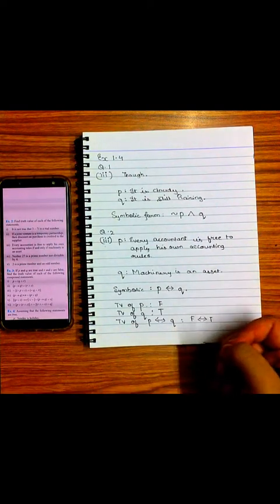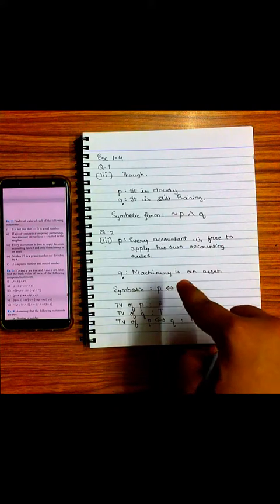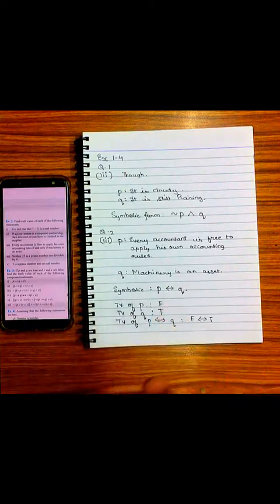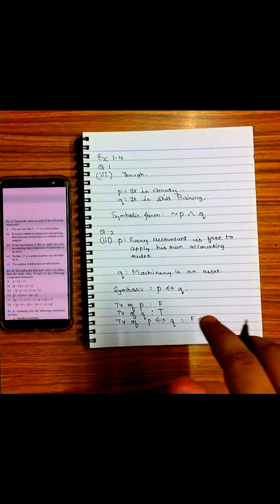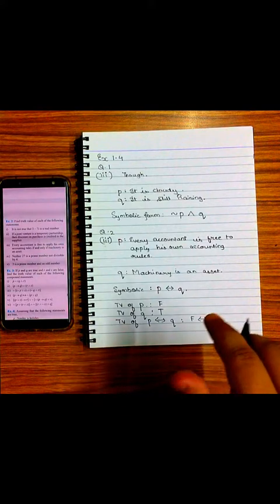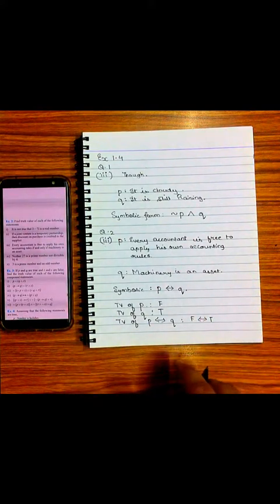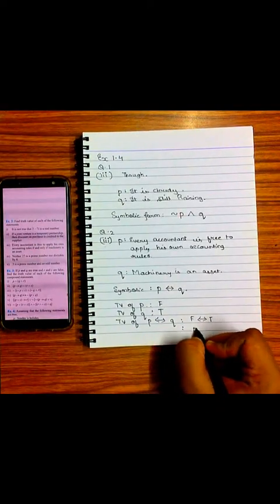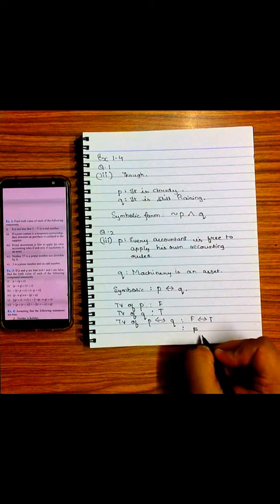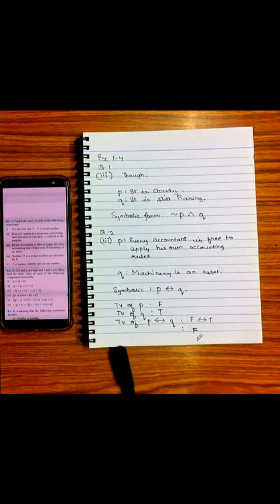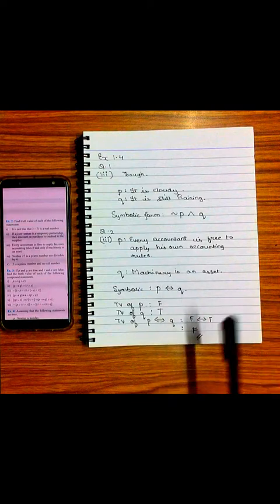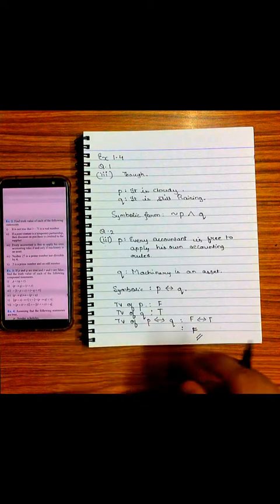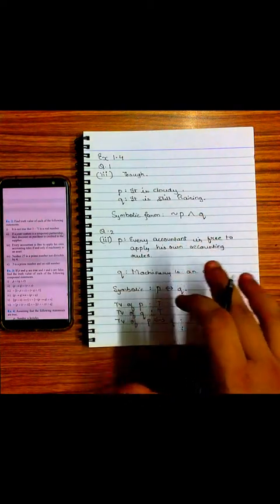So now recollect, in this if and only if truth table, the values of the compound statement are true only when either both of the simple sentences are true or both the simple sentences are false. But here it is F double implies T, so it will be false. So therefore the truth value of the compound statement is false. I hope you get this part. Okay, so that was how you go about this sum.